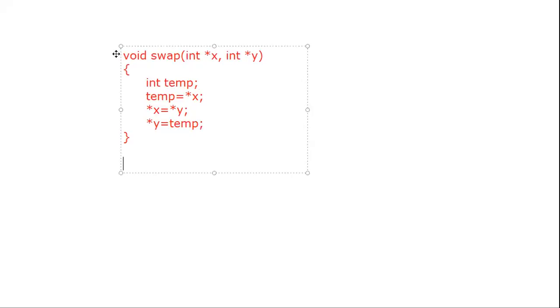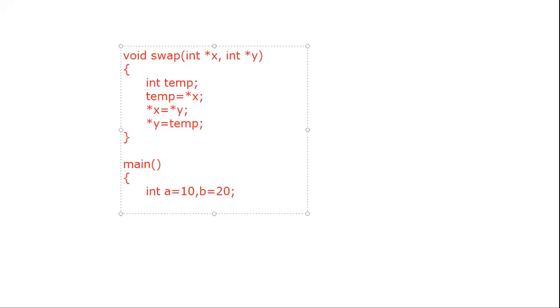Now I will show you how we are going to call that function with the help of main. Inside the main, I will use both variables, integer a as 10 and b as 20.